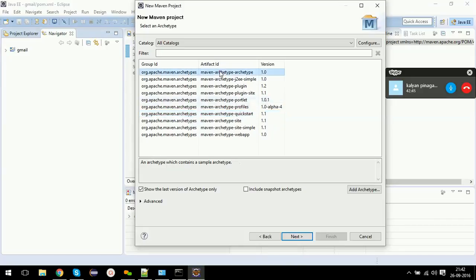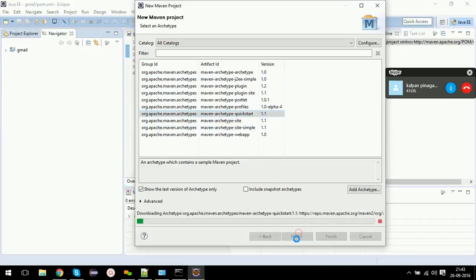Basically, archetypes are predefined templates which tell Maven how to create the project, or what are all the things that are needed to create that type of project. So for example, if I create this Maven archetype quick start,